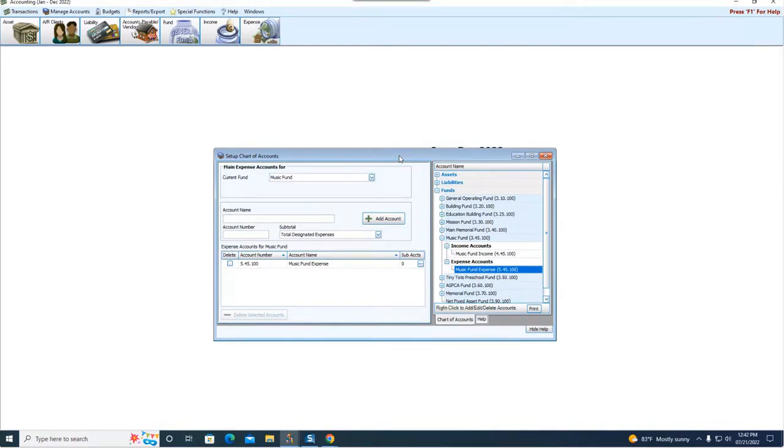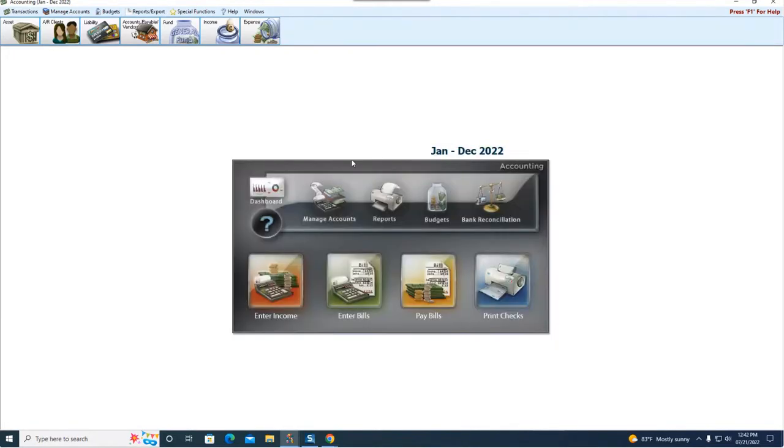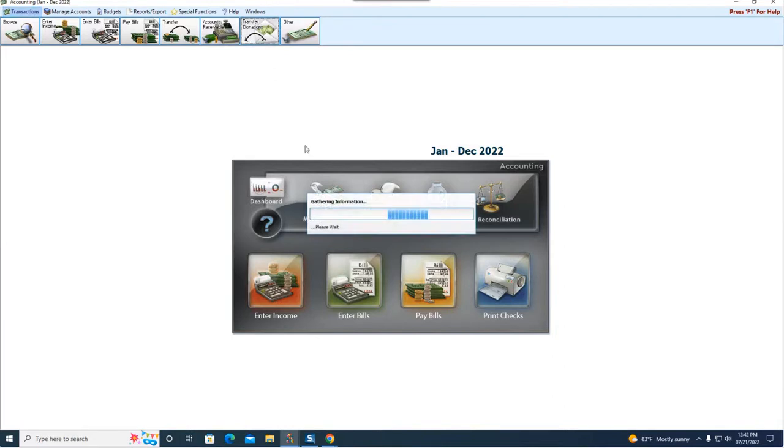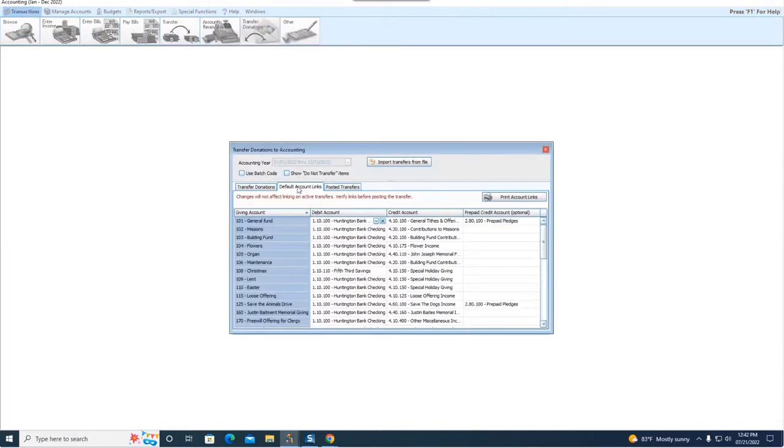Sure, I can go into donations and I can add a new giving account there, called Music Fund Giving or something, and I can link this together. If I were to do that, I would go up to transactions, transfer donations, maybe click on the default account links. I would find my new giving account for Music Fund here. It would have blank debit and credit accounts. I would simply populate that right here. So that is how you can quickly and easily, folks, set up all the components for a fund